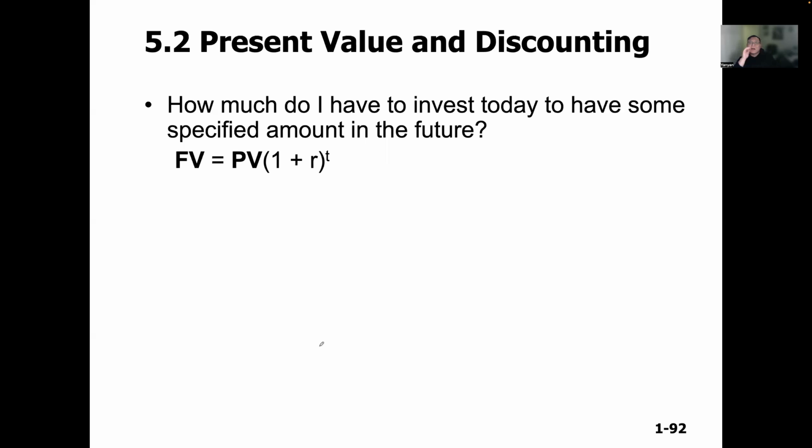Now let's talk about present value. We have learned the future value is calculated by a present value and a compounding effect factor, (1 + r) to the power t. What if I know a future value, but I want to figure out what's my present value? So what does this mean? For example,